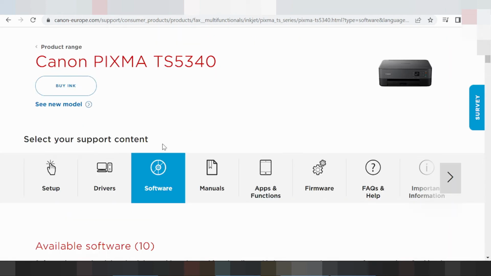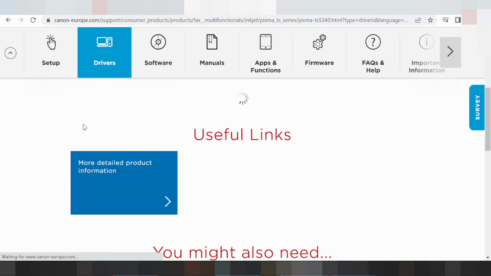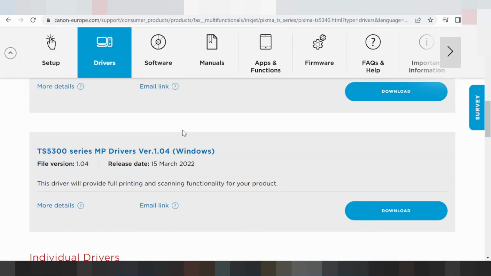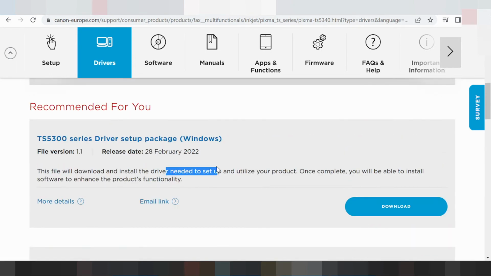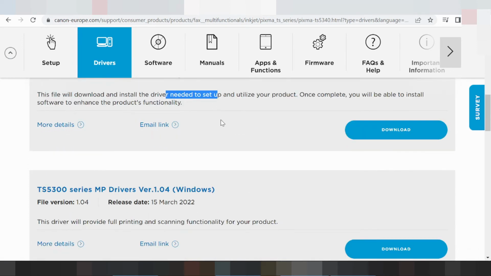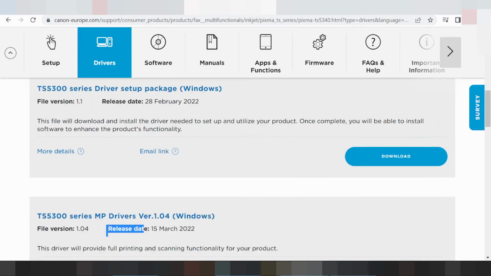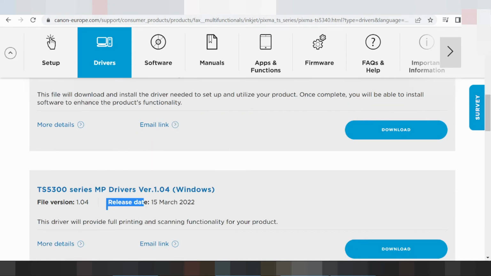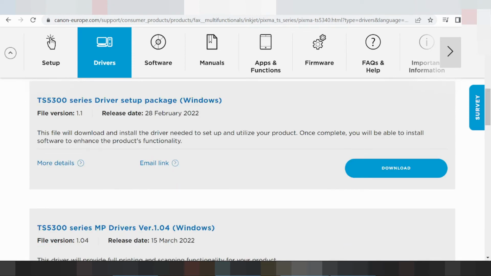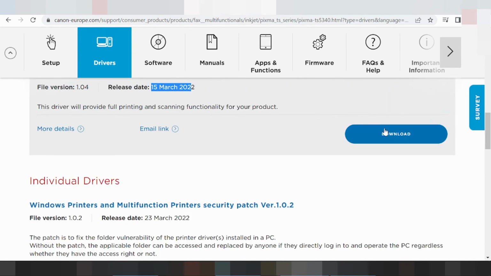In this video I need to download the driver for Windows 11, your system Windows 11. This here is the printer and scanner driver functionality for your product, and this here is recommended for your product. I recommend it for you. You download here. Okay, download here, and this here is the new update for your driver, and you download here and download,